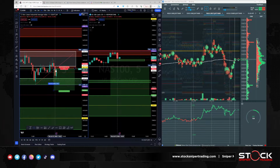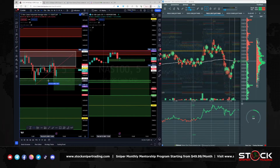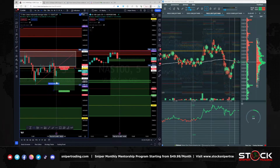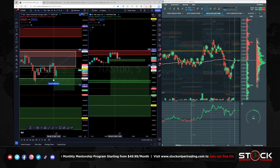So sometimes, guys, the woulda, shoulda, couldas, you want more than 20 pips, you want 25, you want to break the daily low, we want 30, we want 40, we want 50. It's a daily support area for a reason. It's the daily low for a reason. So maybe it just came down